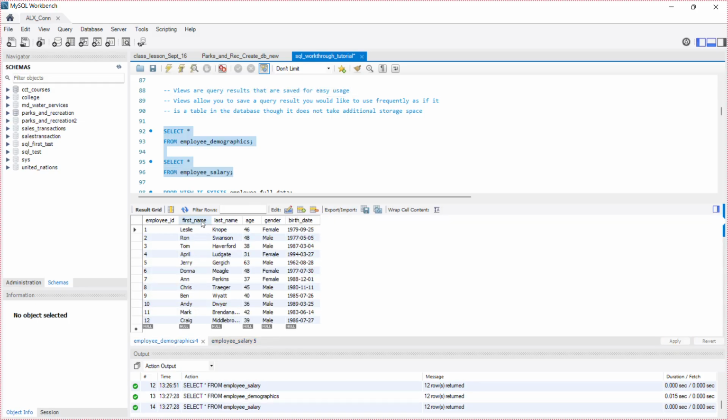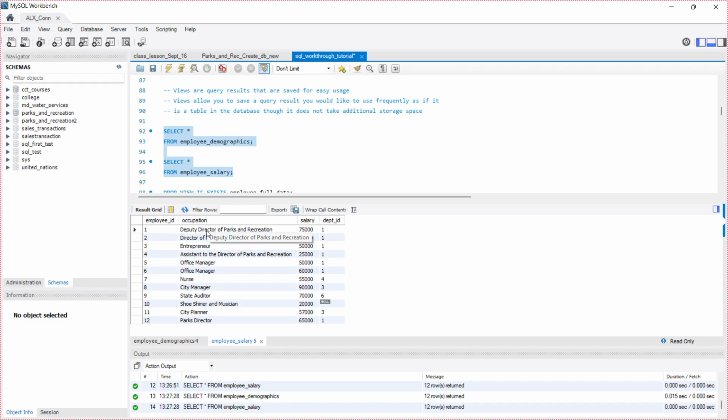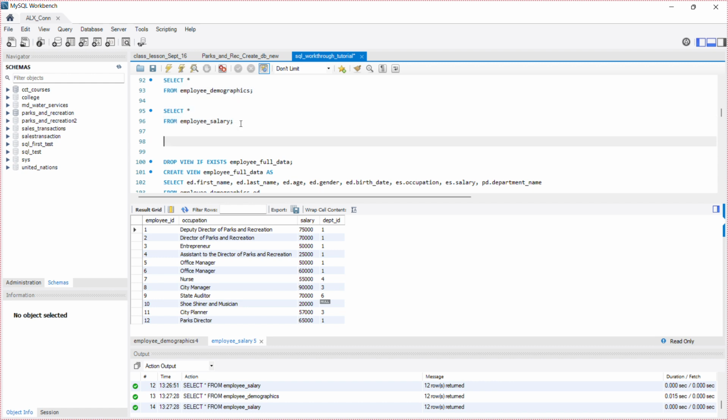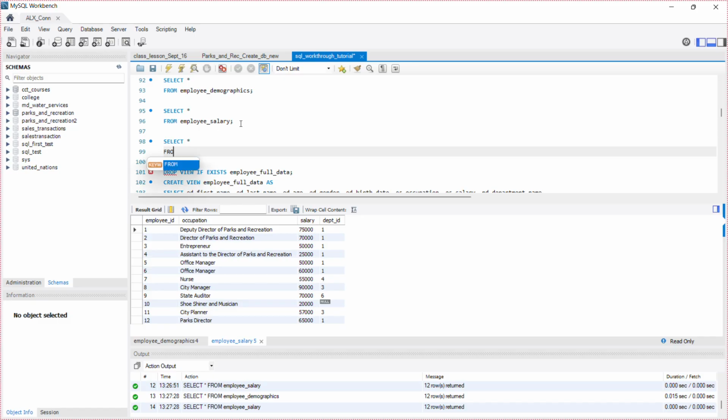In employee demographics, we have the employee ID, first name, last name, age, gender, and birth date, the personal details of each employee. In employee salary, we have the work details of each employee: the employee ID, occupation, salary, and department ID. Now let's say we want to view all the information of the employee in one table. But if we create a new table with the full details of the employee,